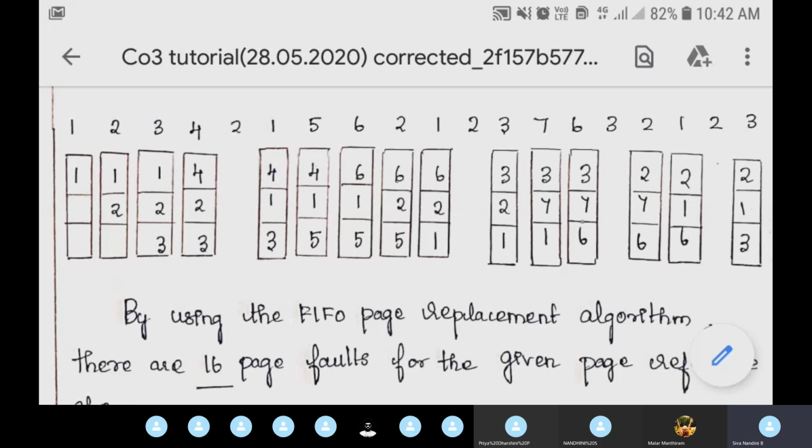Okay, so with this, if you see in this case, instead of 2 only we are going to replace this page with 1. So the newly formed block contains the frames 4, 1, 3. After this 4, 1, 3, after this first page in the reference string I am having 5. So now, fifth page is not in the frame. I need to insert it into the frame.